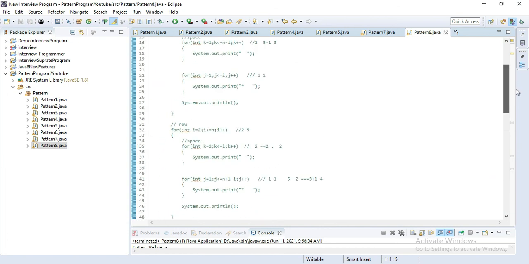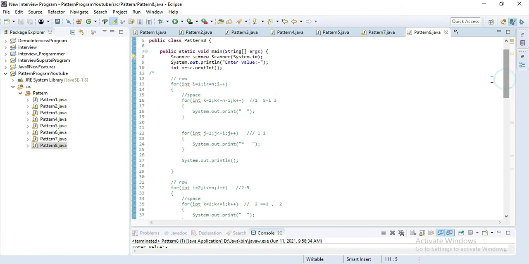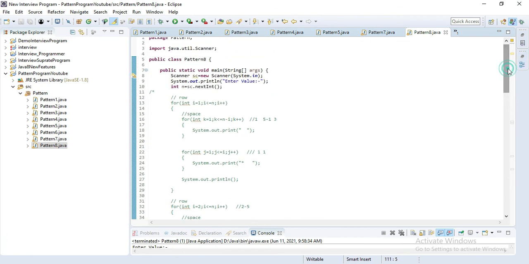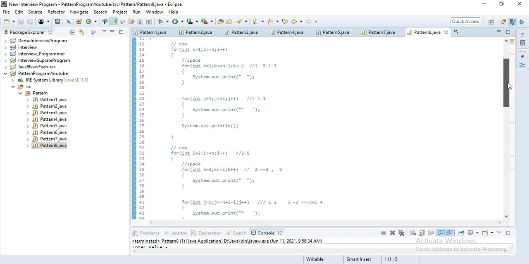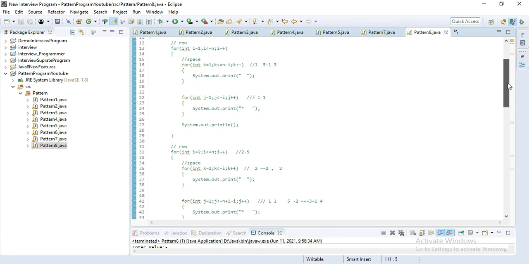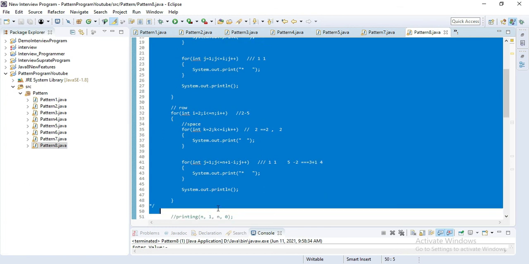That's pretty simple. I'll remove all this unnecessary code, and if you want to take this code, note it down. I'll show all this code slowly and you can take it if you want. I'll explain the ordinary way of printing with two for loops. You can get this code anywhere, on the internet or YouTube.